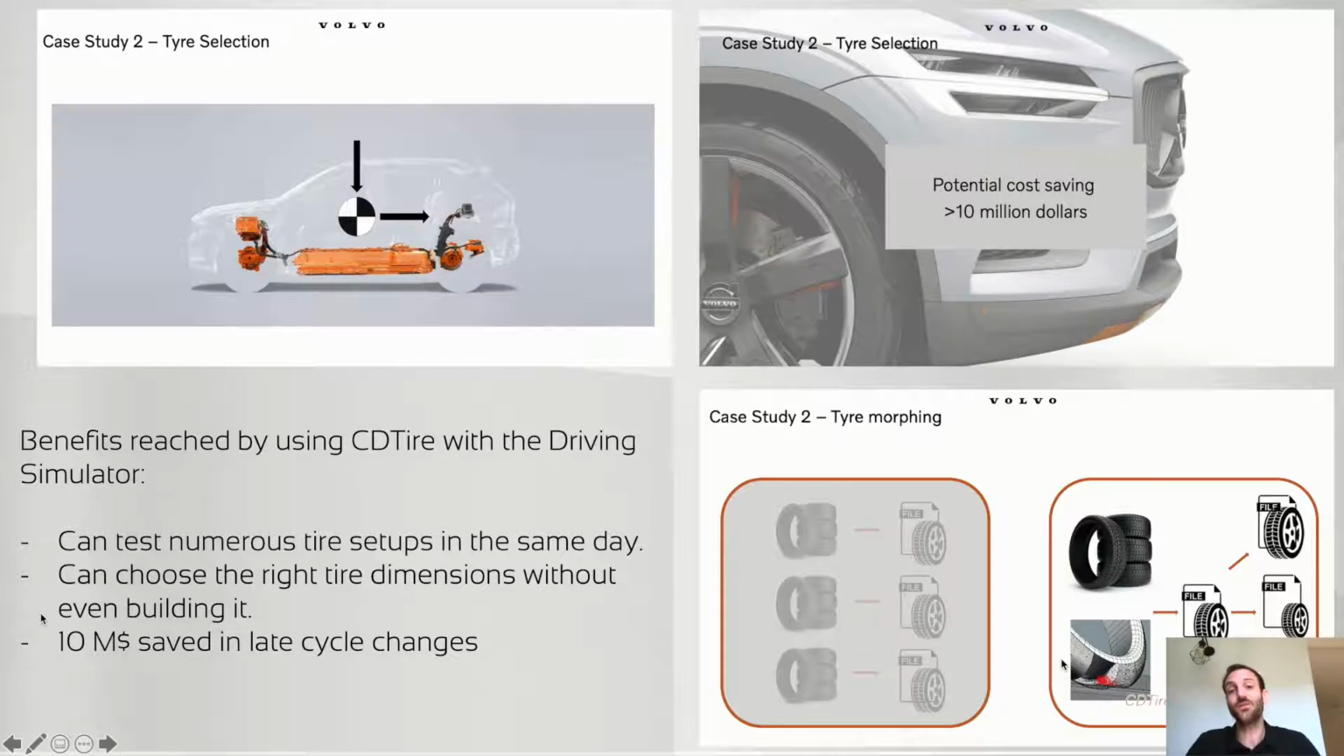So here, instead of building a first prototype and trying different tire sizes, widths, and types rolling in real life to understand which one is the best, they use CD tire modeling with the morphing tool to test different sizes, widths, and so on, to determine which tire characteristic would be best suited for the new car to come. And what they achieved is a potential cost saving of $10 million,